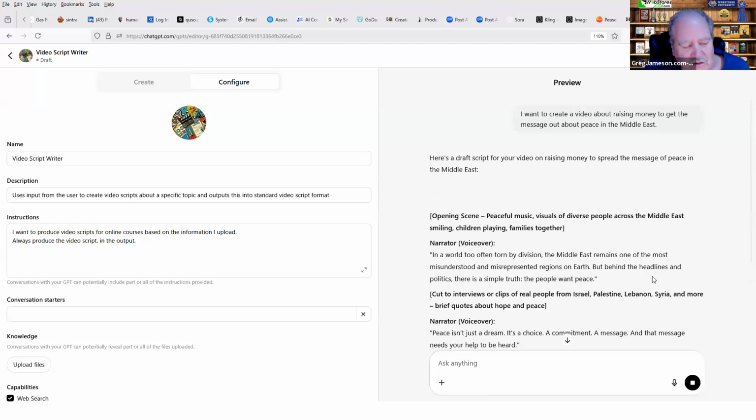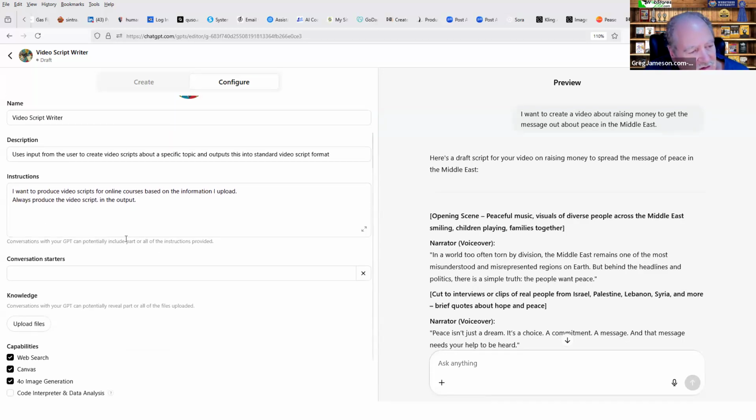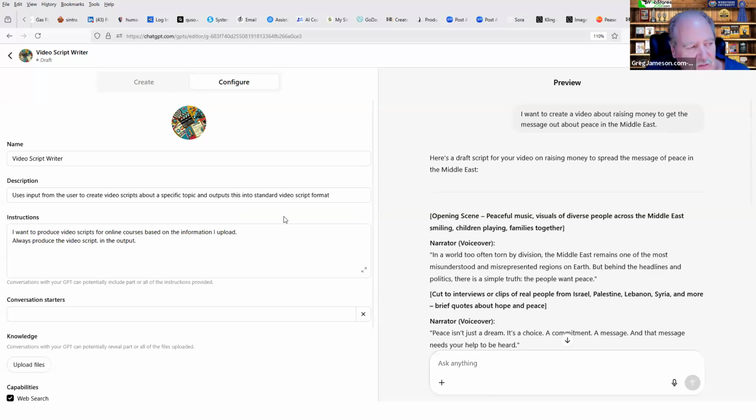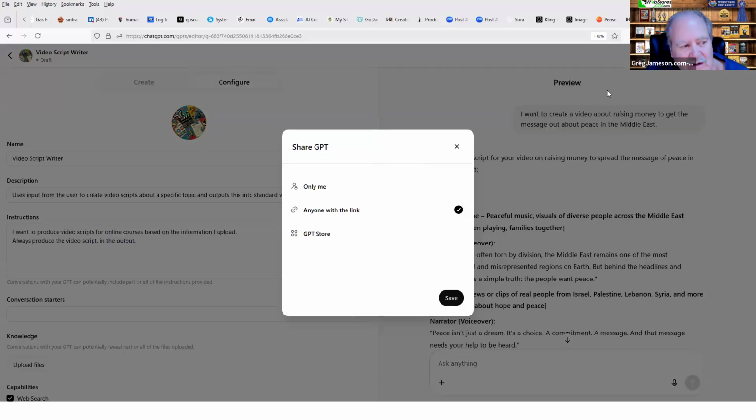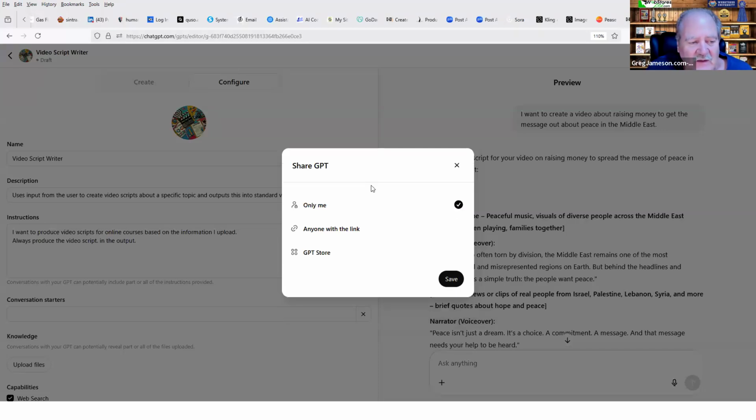So now it's doing what we want it to do. It may not be exactly the output that we want. Like I said, the more information that you can give it over here, whether it be through uploading files or through your instructions, the better the output is going to be. But once you have played around with that and really gotten that to be the way that you want, then you're going to hit the create button, and the create button is going to be something where you can say, I'm the only one that can see it because this is just for me and I'm trying to do it.